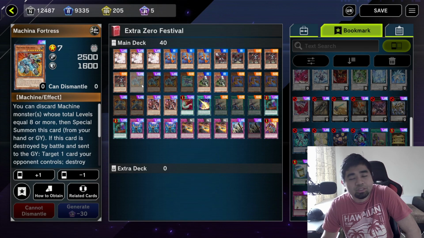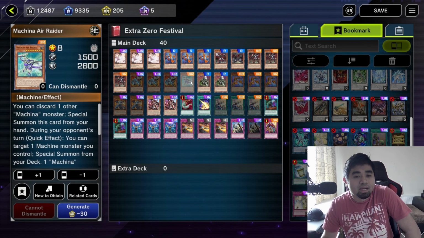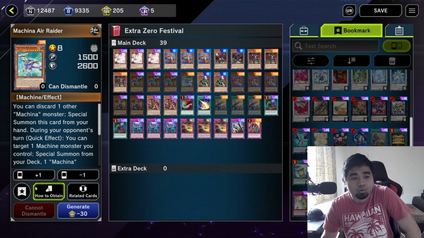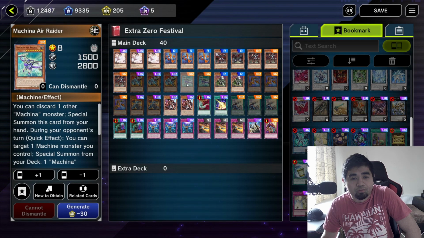And then you have your Machina Fortress. This is just to pop 1 card on the field, and also this can be special summoned to your side of the field, of course. Next up, you have your 1 copy of Air Raider. Now you can go with 2 copies of Air Raider. Just remove, what could I remove here? Maybe 1 copy of Solemn Judgment, then go for 2 copies of Air Raider, but I prefer just having 2